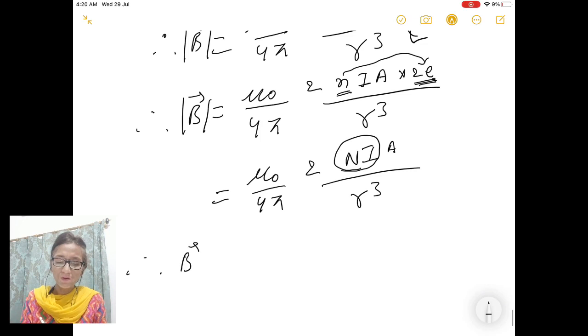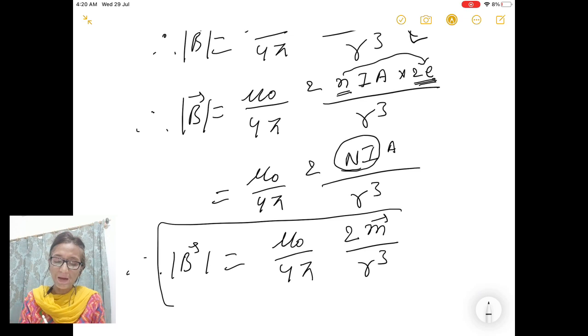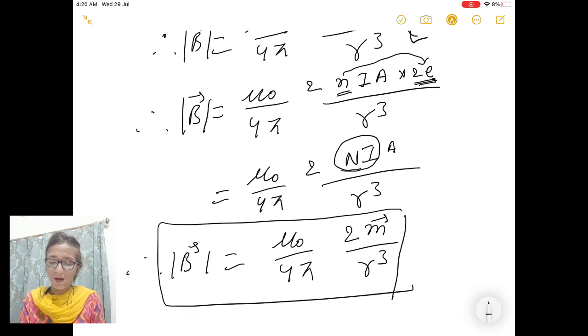Therefore the magnitude of B is equal to mu naught upon 4 pi, 2, and this current into area is called the magnetic dipole moment. So this is the magnetic field of a solenoid,